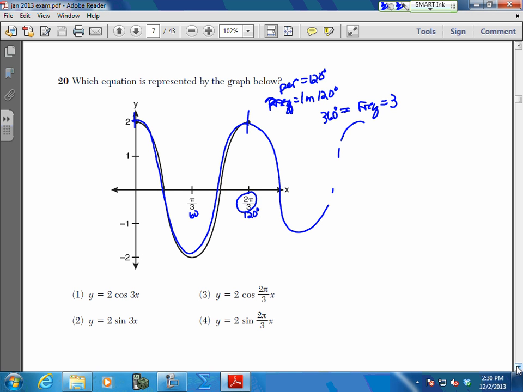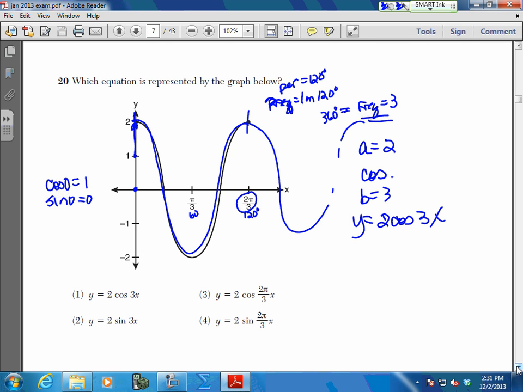I have 3 120s in 360. There's my frequency. My sine curve, start with your 0. Do a cosine of 0, which is 1. Do a sine of 0, which is 0. My sine would have started here. My cosine would start here. So notice the amplitude change. It was amped by 2. So my amplitude is 2. I have a cosine curve, and I have a frequency of 3. So from there, I can figure out my curve is y equals 2 times the cosine of 3x, which is